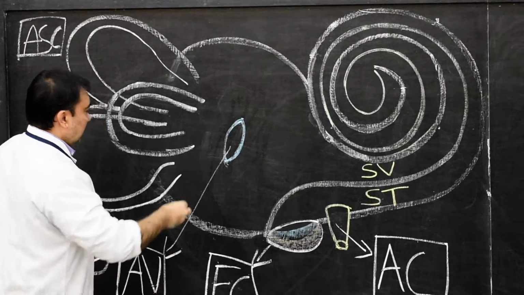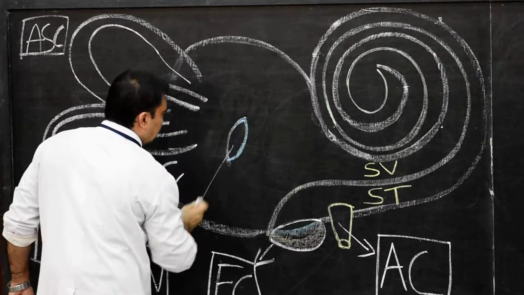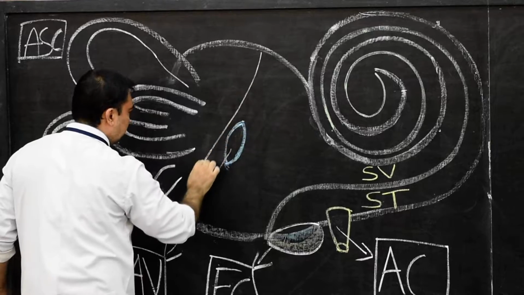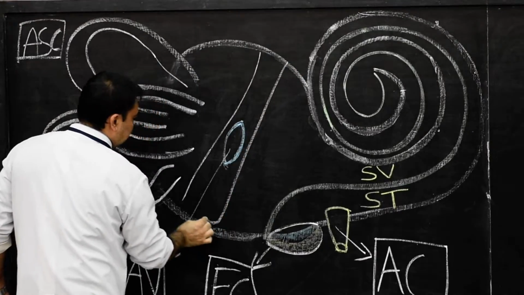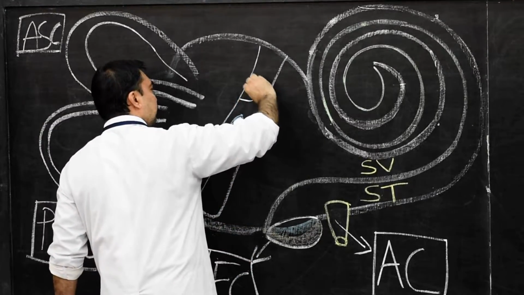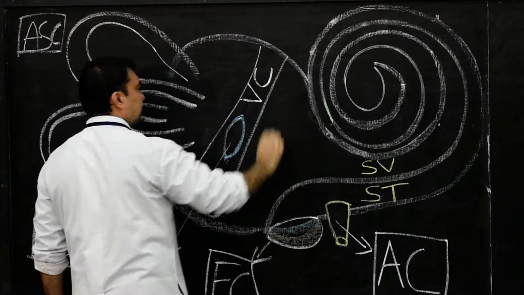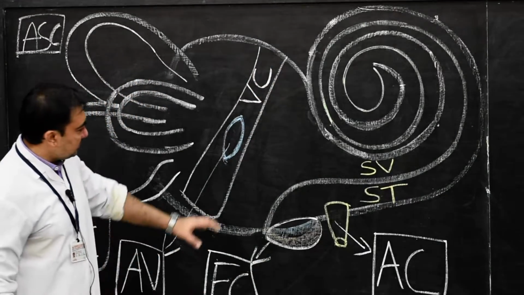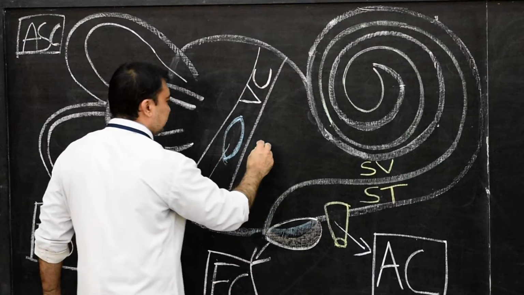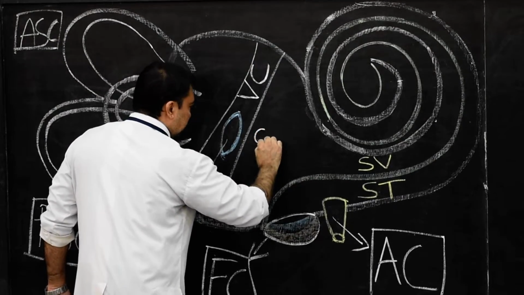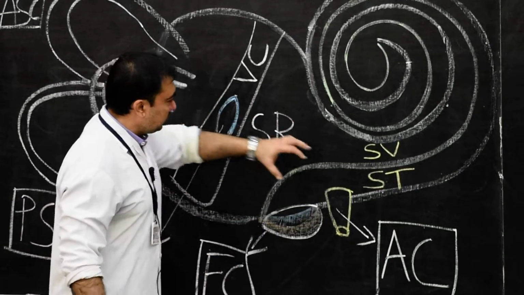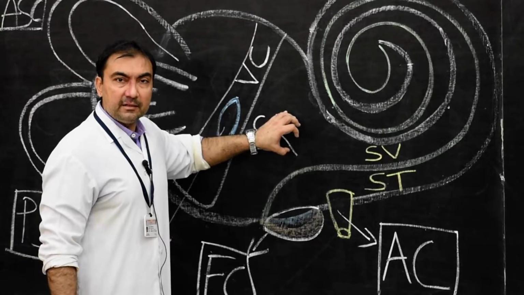Now the second segment. Deep in the medial wall, this is the medial wall of the vestibule. Remember, the entire medial wall is divided by this crest. This is the crest of the vestibule. So this vestibular crest, if I write it down here, will divide the medial wall into an anterior-inferior part and a posterior-superior part. This anterior-inferior part, please mark it as the spherical recess, will receive the opening of scala vestibuli anteriorly.